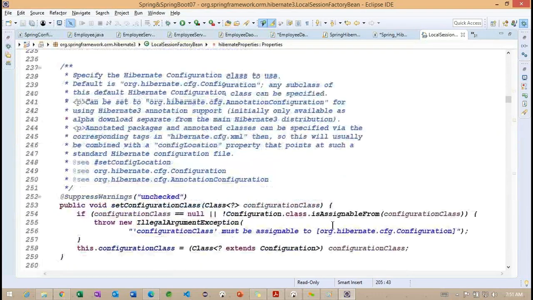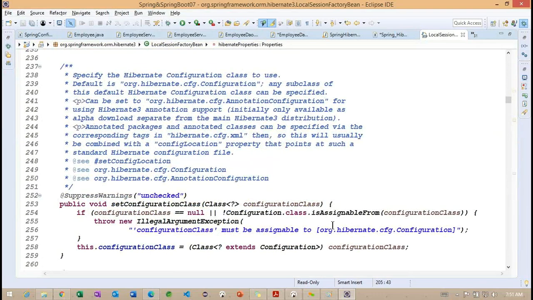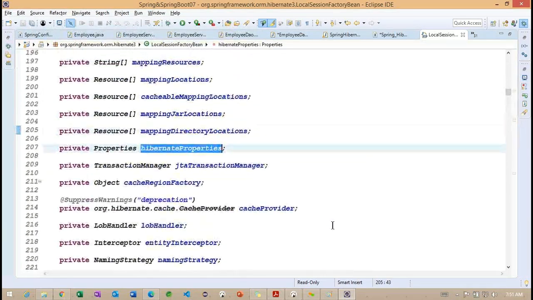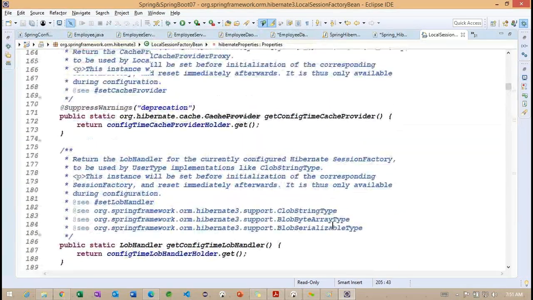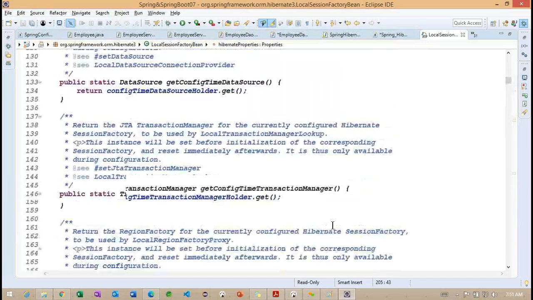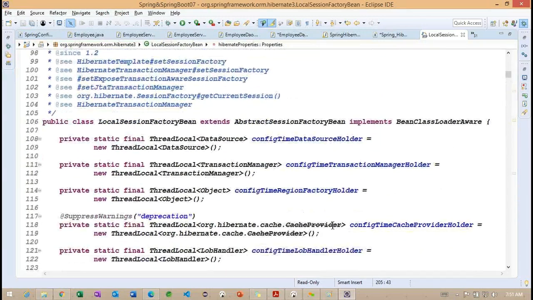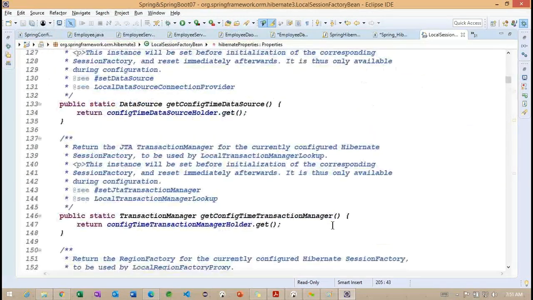So we need to work on these properties, and along with this we are having data source also. Where is the data source property?